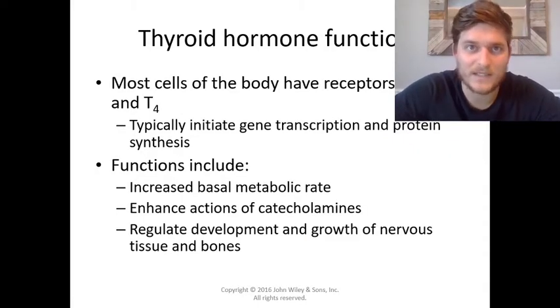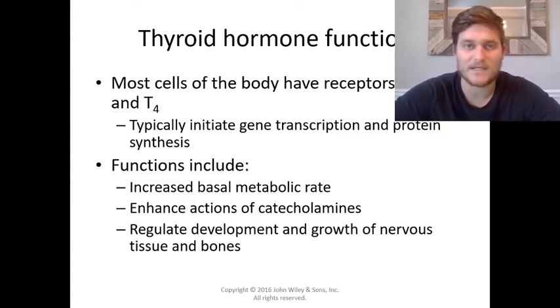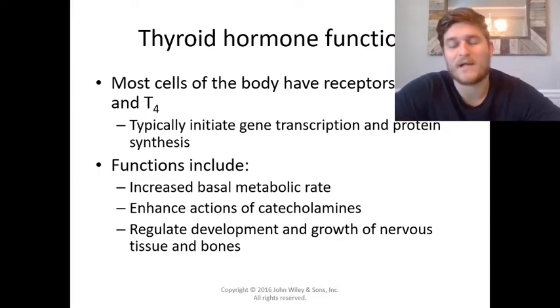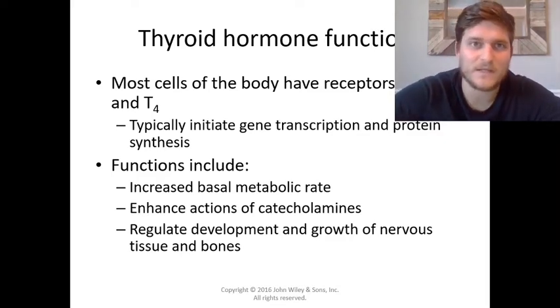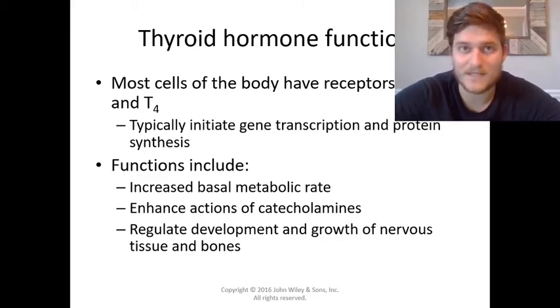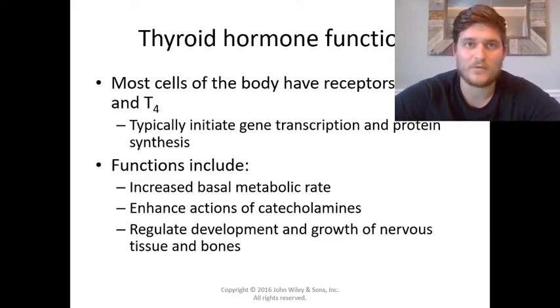Many cells throughout the body have receptors that T3 and T4 bind to, and when those hormones bind to cells, it upregulates protein synthesis, and so that is heavily tied in with cell growth, but it also increases our basal metabolic rate, and so it promotes aerobic metabolism and the breakdown of triglycerides, the promotion of gluconeogenesis, and the breakdown of glycogen. And so all of this will help to increase our metabolic rate and help provide energy in order for cell